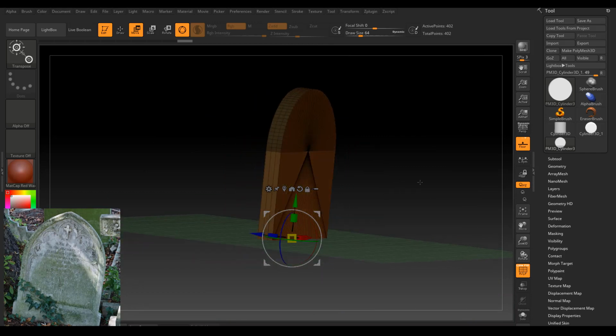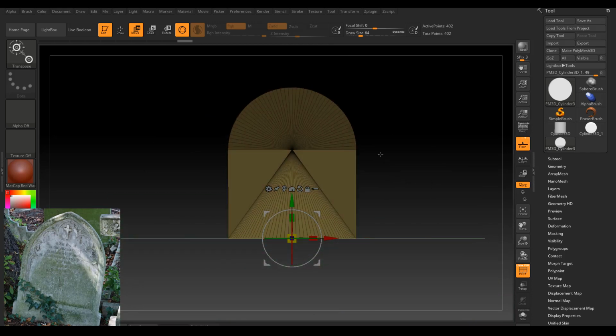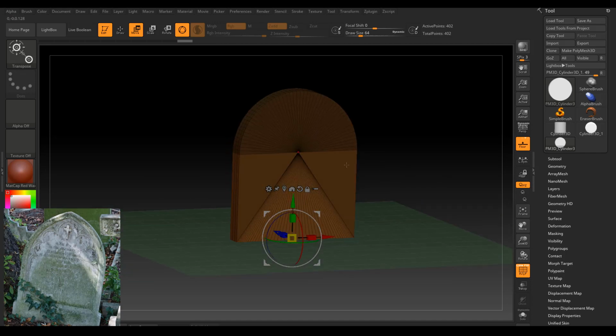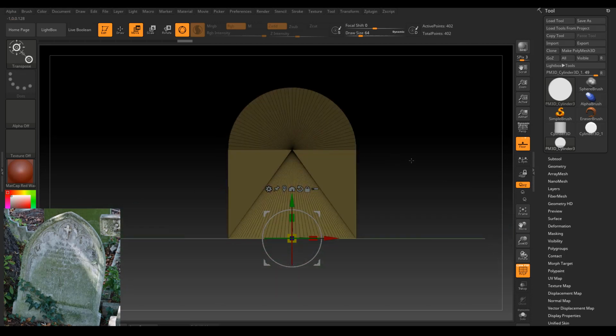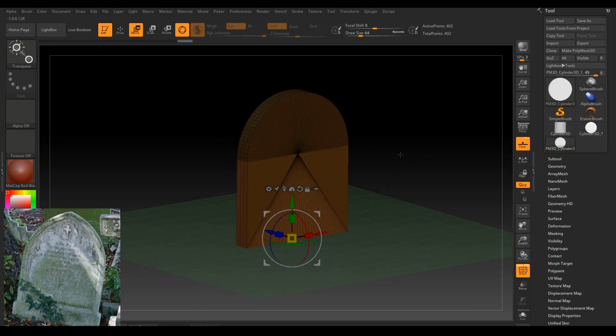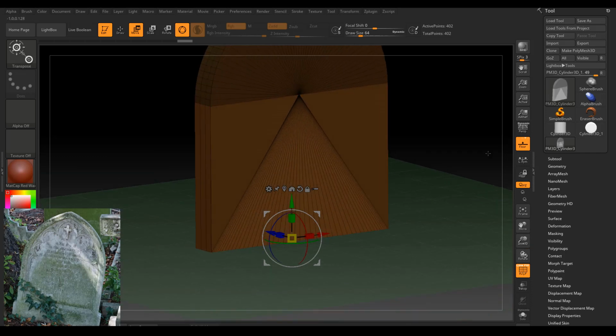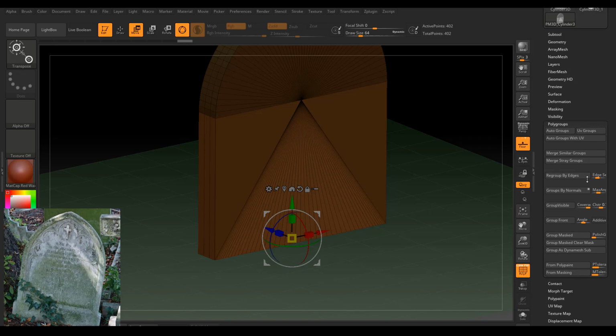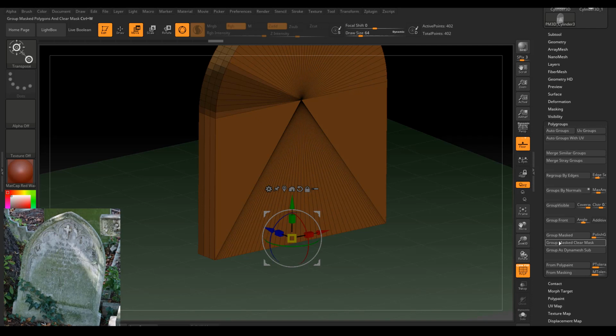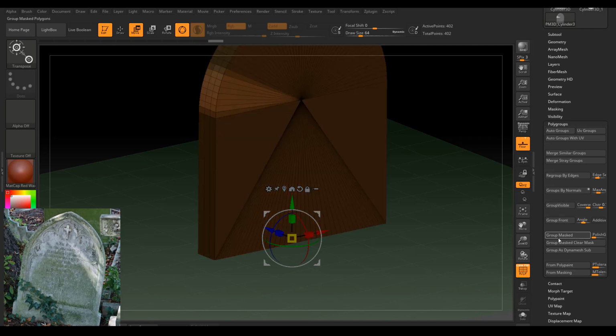What I want to do next is probably redraw the edge flow a little bit, so it's running around the mesh rather than all these triangles. Triangles aren't really great inside of ZBrush. To do that, I'm going to start by setting the polygroups. Polygroups are ways of breaking up your model without actually splitting it apart. I'll show you what I mean: if I go to the Polygroups menu on the right, and hold down Control and just draw a little square somewhere and then hit Group Mask, it ends up making